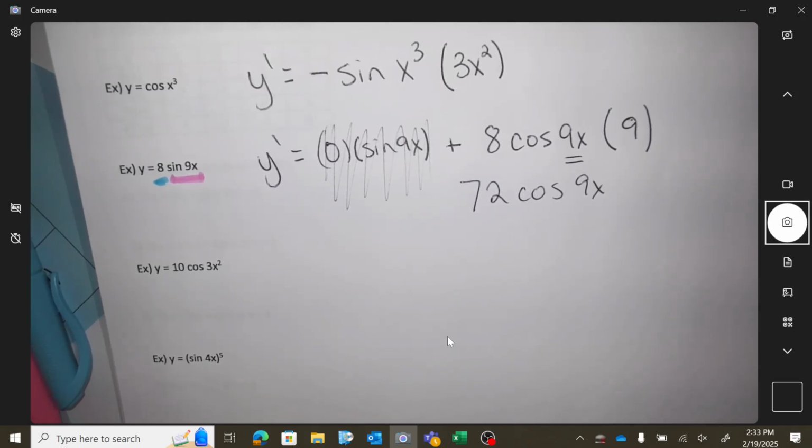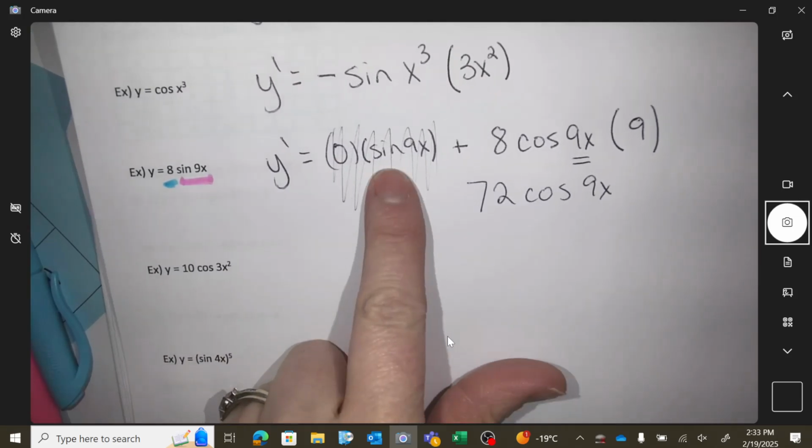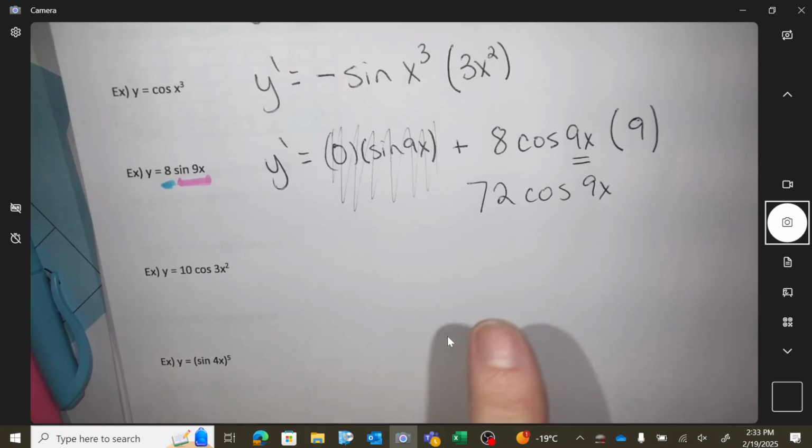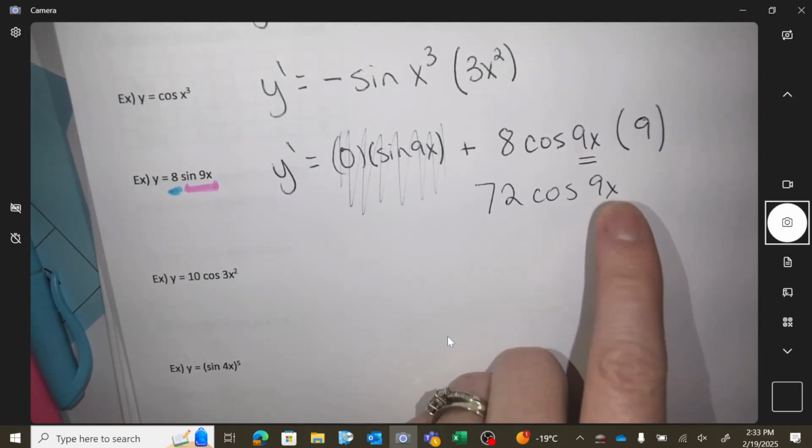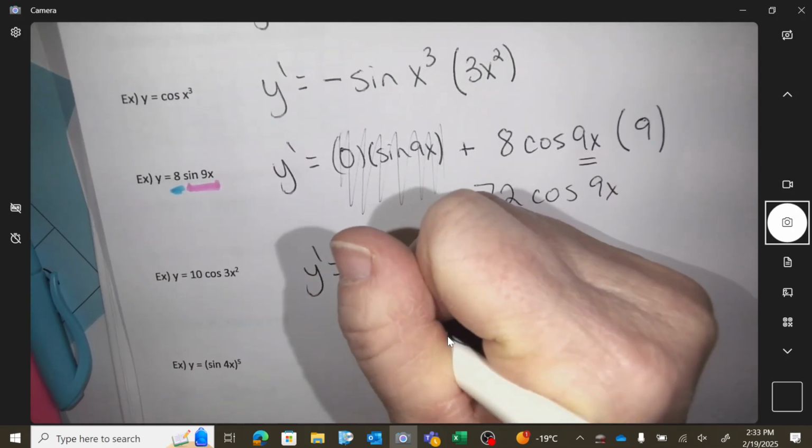I think you guys can handle that one, right? Simplifying 8 times 9. Okay, so can we understand that this part just doesn't exist? And just start here on the next one? Is that okay? Y prime equals